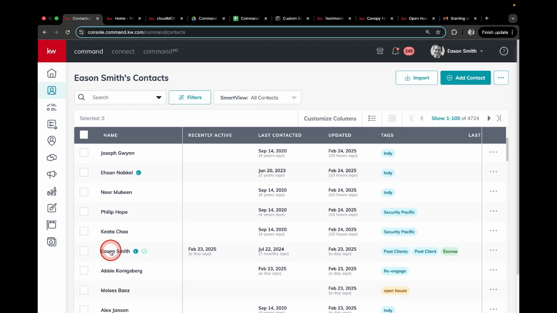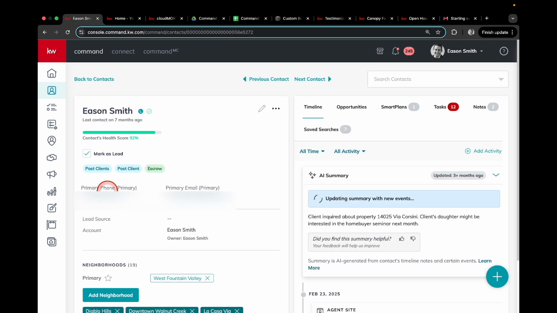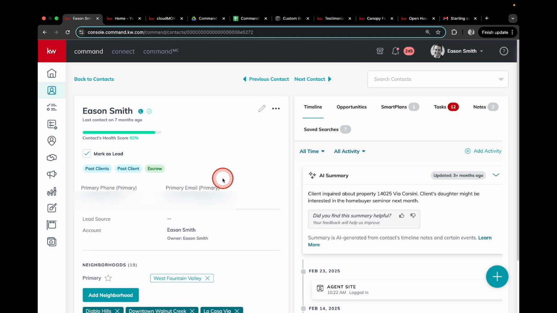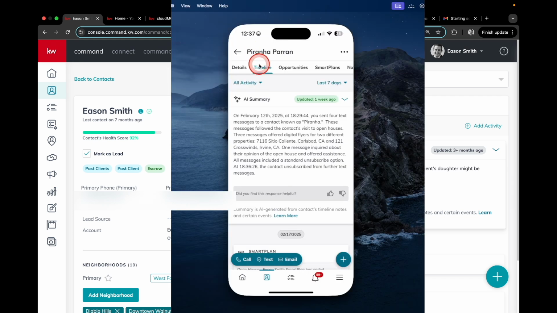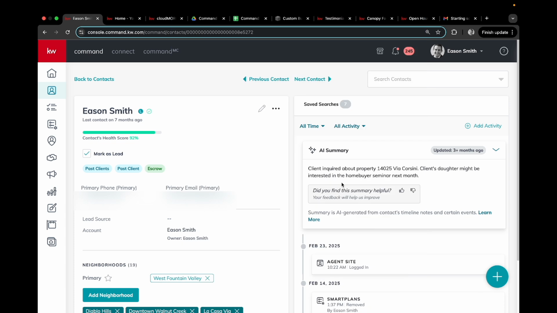Also, if I want to learn more about a contact, I can do that by clicking in to that contact's name and finding out the key details that they have. What you'll notice is there's some different tabs on the top here. I can check the AI summary, and this is available both in your phone and on the desktop. And I can see a breakdown of all the conversations and emailings that have happened over the years or months or days, and it'll summarize all of that into a summary that I can see at a glance